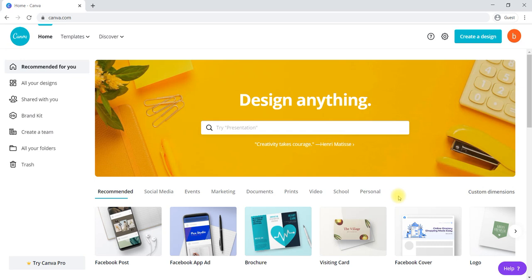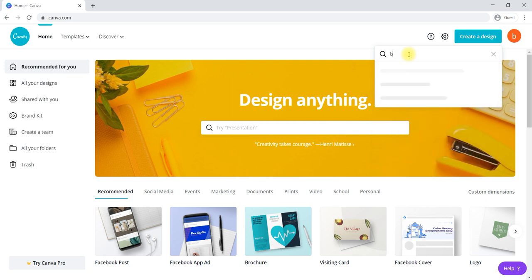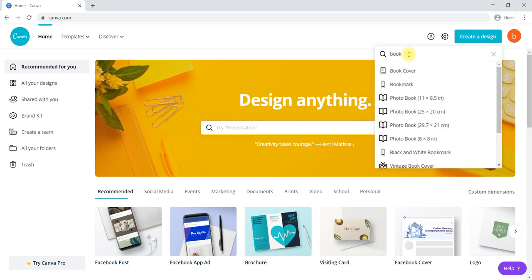Apart from business, if you are a book writer, then you can create book covers also. You can select different types of covers and create a book cover. For example, you are writing some book, then you would like to create a cover page for that particular book, then you can use Create a design. You can just type "book cover" and select book cover.